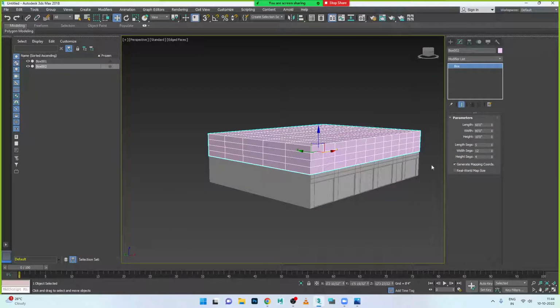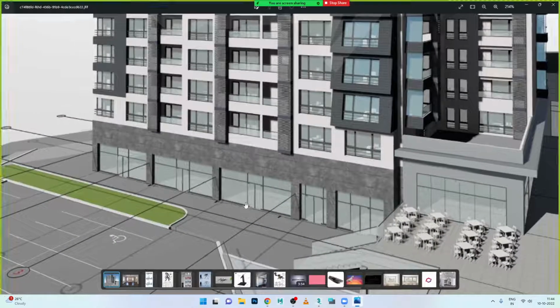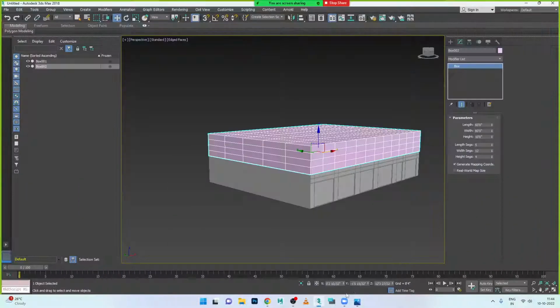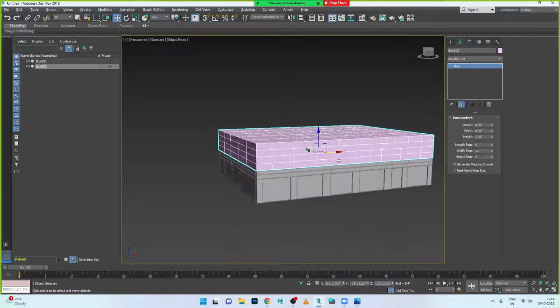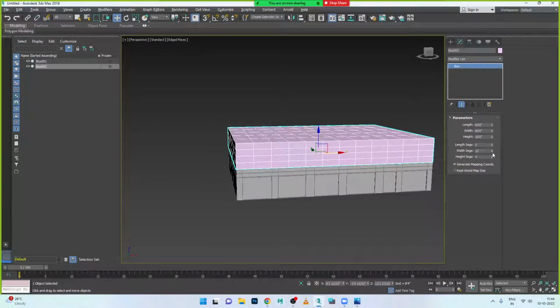So let me reduce 1 for this one, and similarly the depth, 1 flat, 2 flat, 3 flat and 4 flats on this one. So 4 flats in the sense, let me count with the edges only. Decrease first,